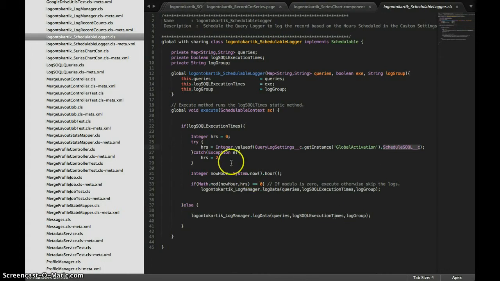It takes the modulo as defined in the documentation, and if the modulo is equal to 0, then it runs. So if you define it as 2, it runs every 2 hours: second hour, fourth hour, sixth hour, eighth hour. If it is defined as 3, it will run every third hour, sixth hour, ninth hour, 12th hour, like that. So you can change the custom setting and determine when the job needs to run. By default, it is set to 2.